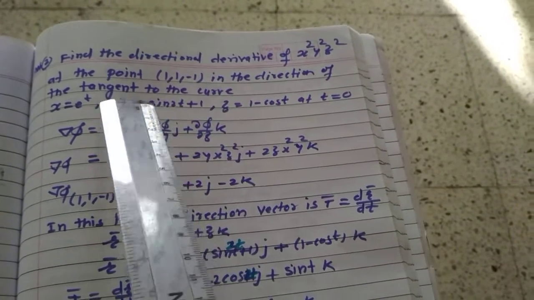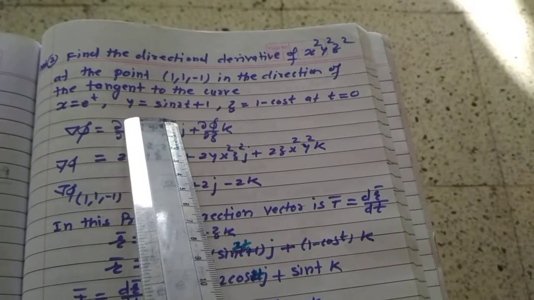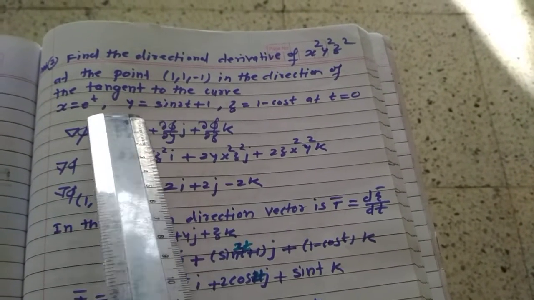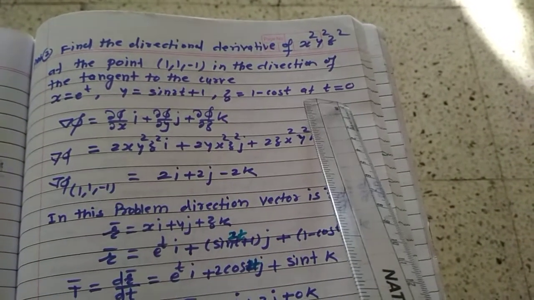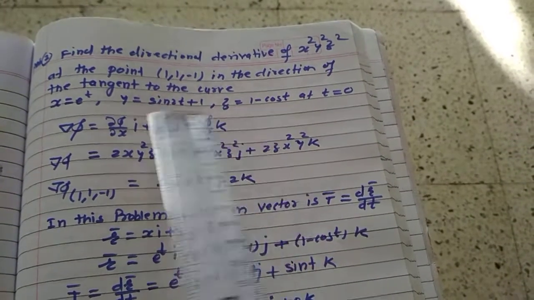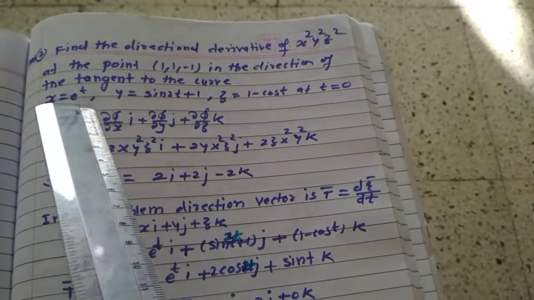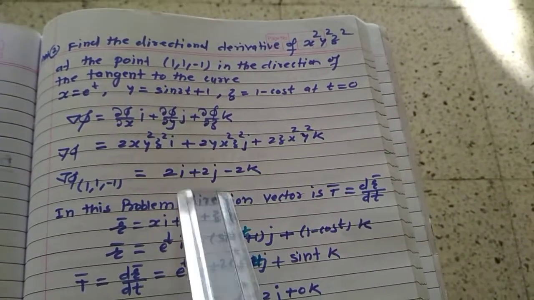And for the tangent vector, remember one thing, only one method is there. The vector r must be given, so x must be given, y must be given, z must be given, and the t value must be given. Then only you can find dr by dt as the tangent vector. So this is most important, the x, y, z values or vector r directly in terms of t.